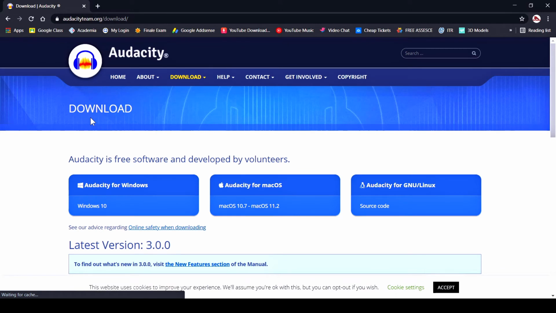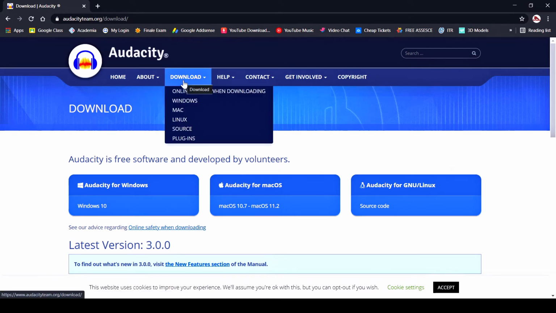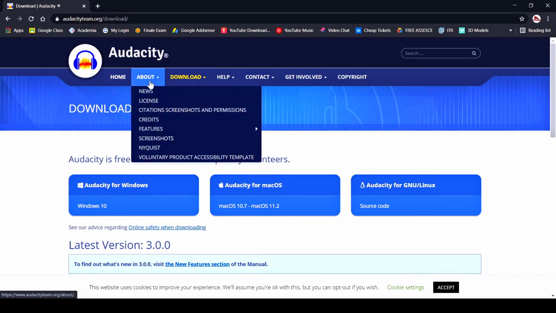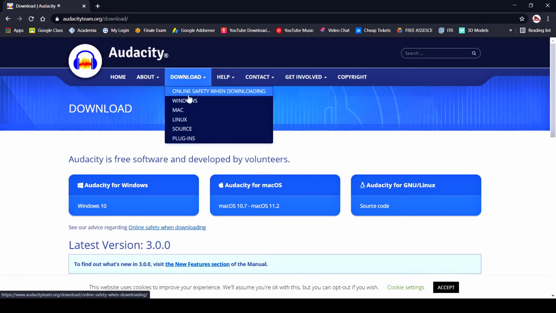So I already got the download section of the website. I'm going to click there. We are already in the download section, but if you got the home section or somewhere else, then simply click on download and you can choose your operating system. I'm using the Windows operating system here, so I will click on Windows